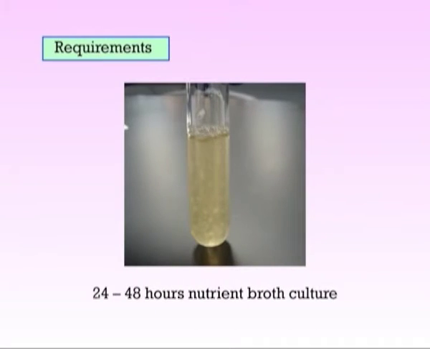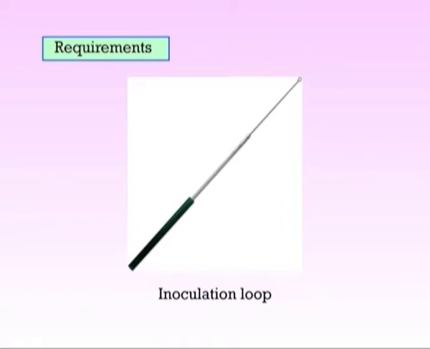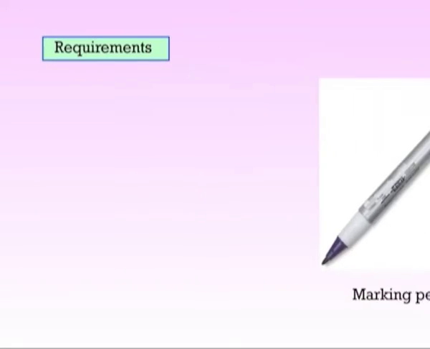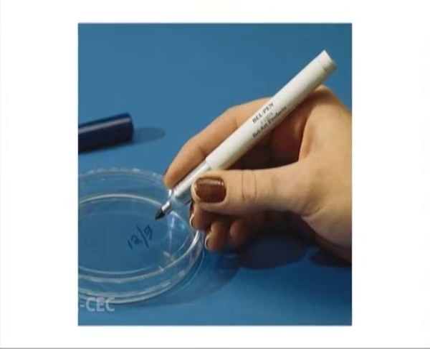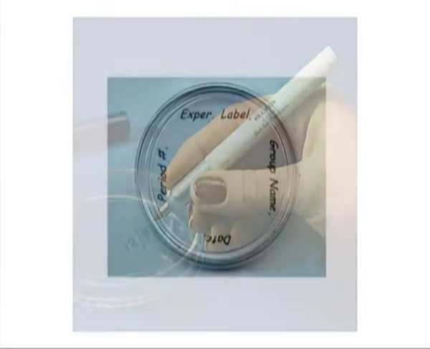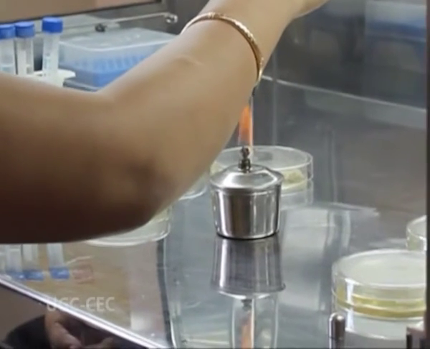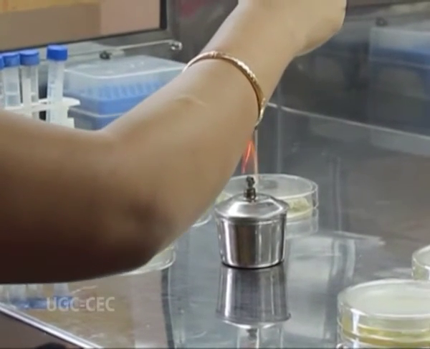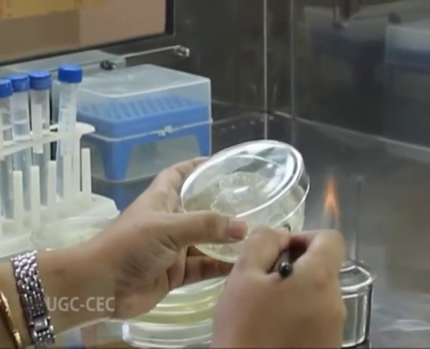So now coming to requirements. The first one is a 24 to 48 hours nutrient broth culture, then the nutrient agar plates, inoculation loop, spirit lamp, marking pencil, etc. In the procedure, petri plates containing nutrient agar medium are labeled on the bottom with the name of the organisms to be cultured. Then, the inoculation loop is sterilized by heating in the flame and after cooling, one loopful of the bacterial culture from